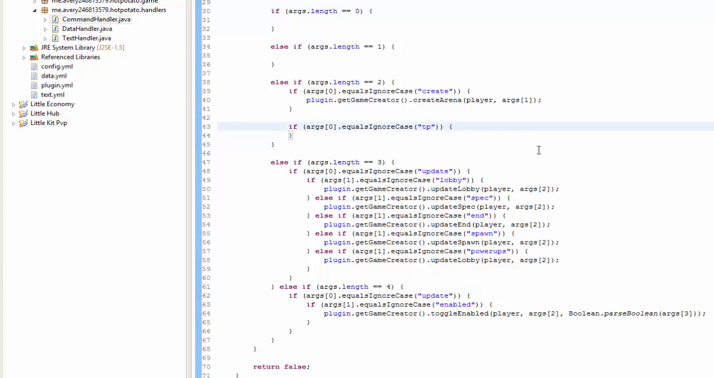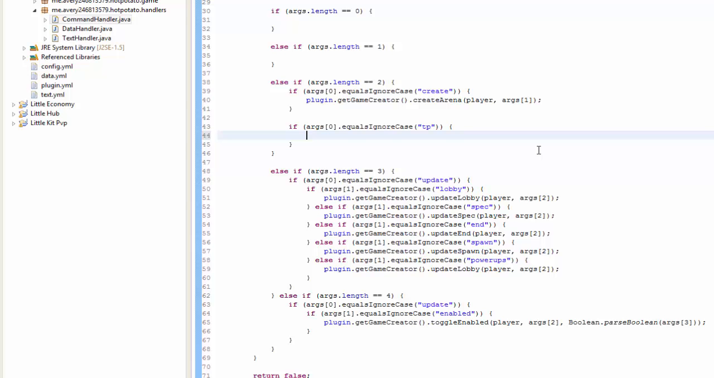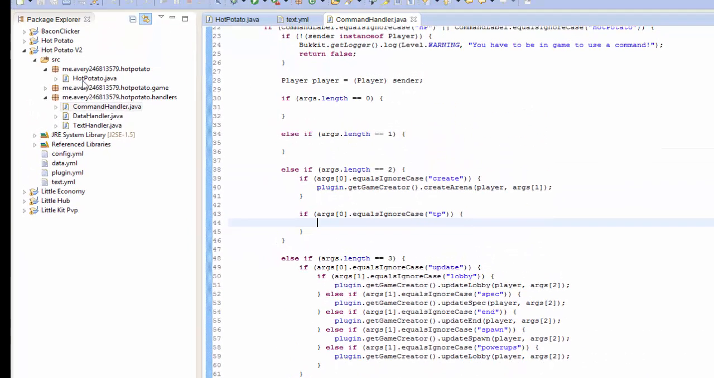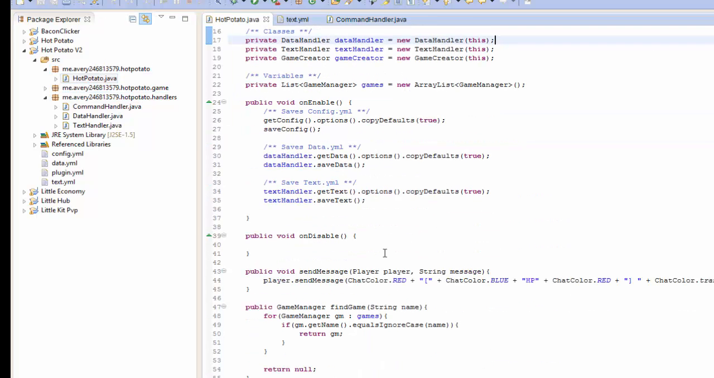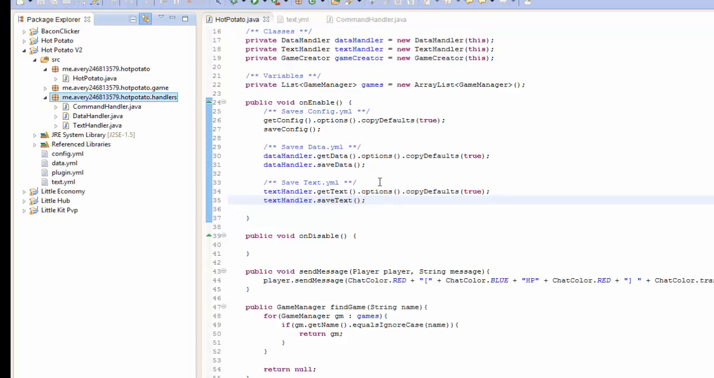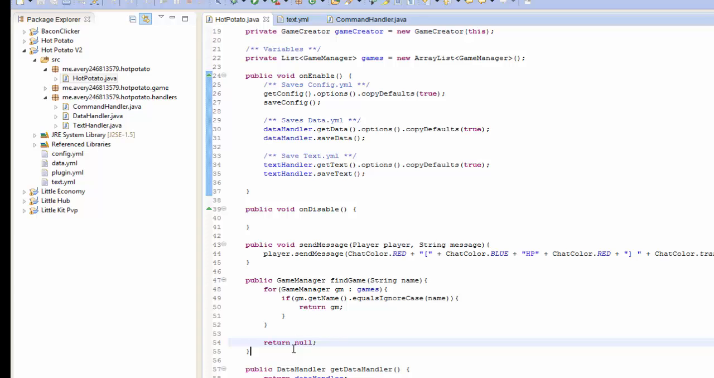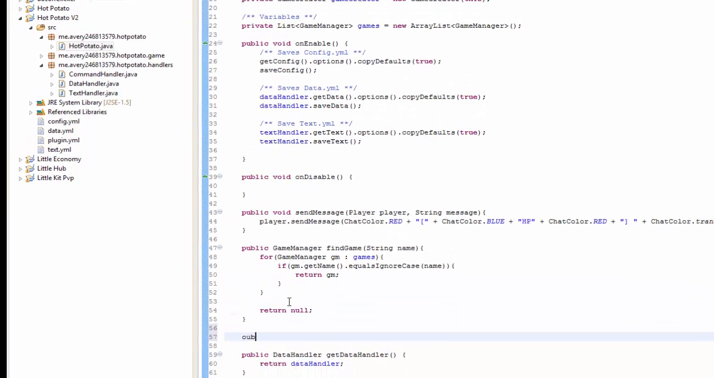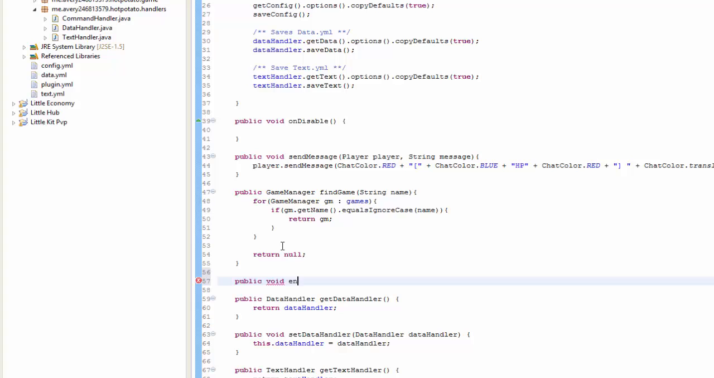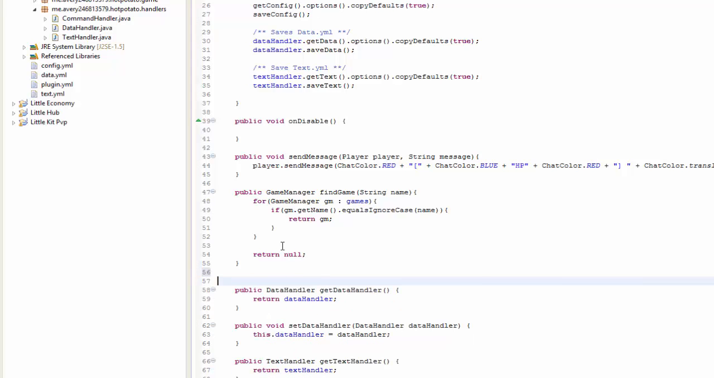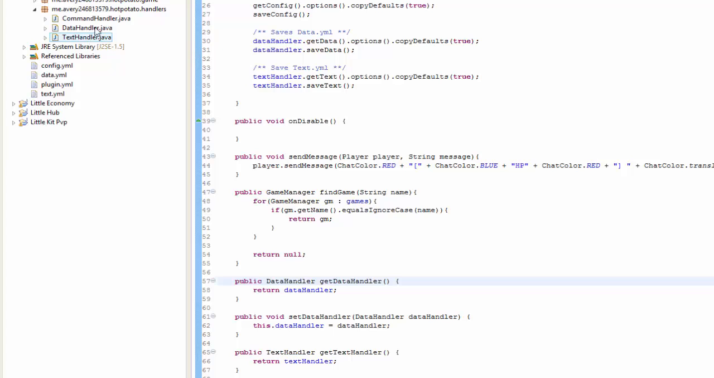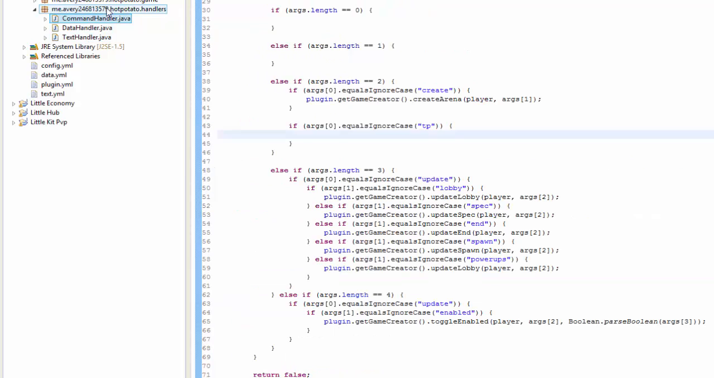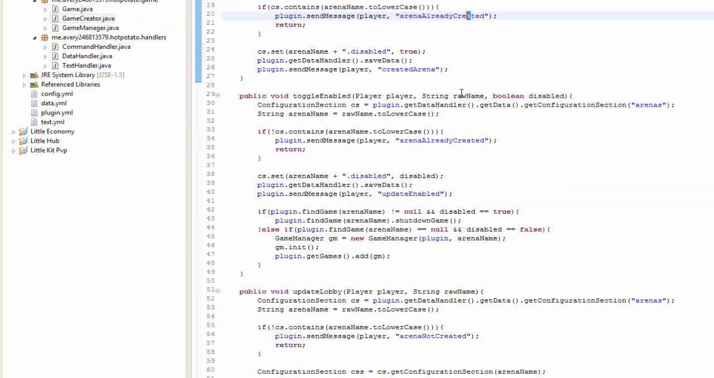Basically for TP, so what we're gonna do is, in HotPotato, on enable, we're gonna create a new thing. Public void. No, what we're gonna do is when someone enables an arena. Wait a second. Alright. So someone enables arena, so we have to go back into game creator. So if it's equal to true,